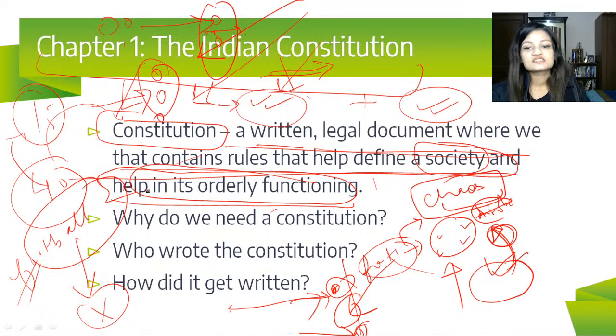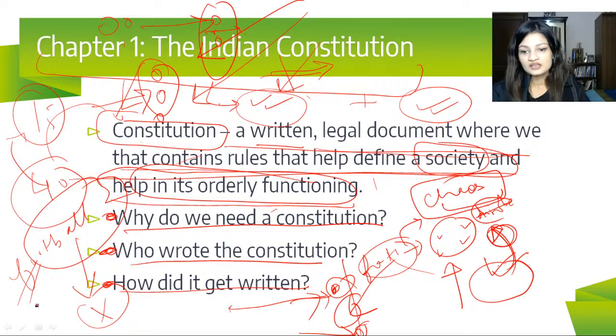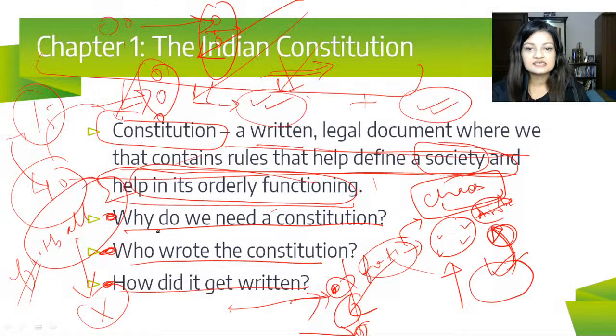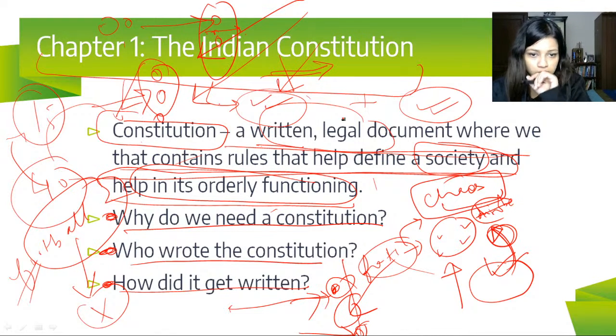So some of the questions that we are going to cover in this topic are: why do we need a constitution? Who wrote the constitution for us and how did it get written? These 3-4 things we would be pondering upon in this chapter and we would answer these questions in great detail. तो हमें अभी तक ये तो समझ आ ही गया है ना guys कि constitution basically एक written